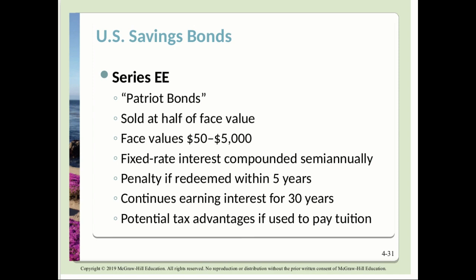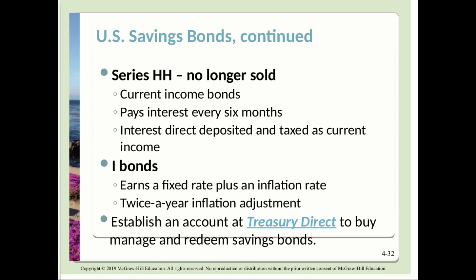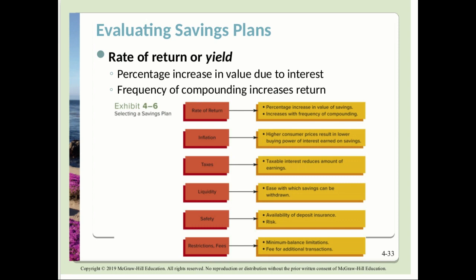And there's different types of bonds. You have Series EE, HH, which no longer are sold, I, things like this. Very safe. The thing is, you're tying up your money for a certain length of time, and many times it can be just a little bit at a time. And you'll be able to get it at the end of it. It will continue to draw some interest.